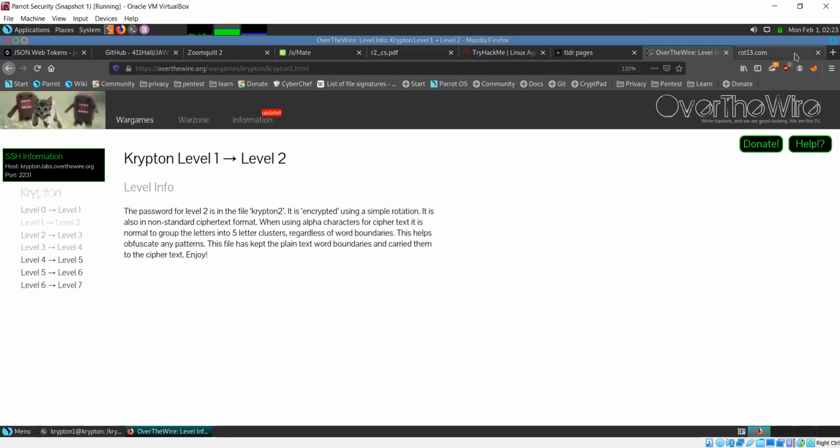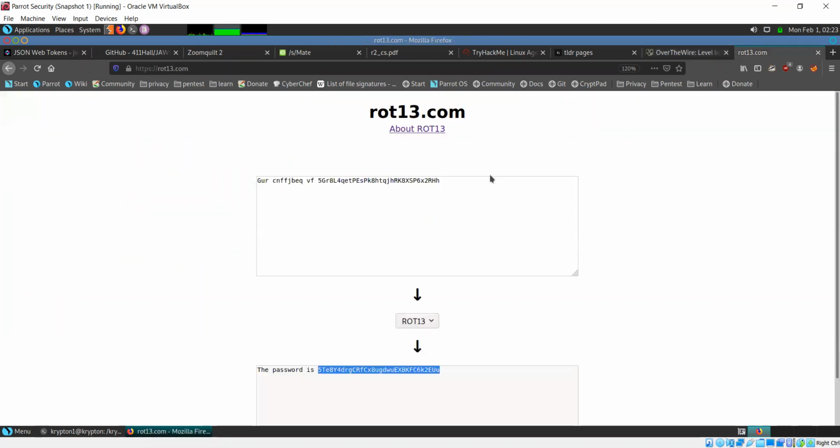We can use the ROT13 website again. Yes, exactly. I'll just delete this. This was the previous text that we had mentioned here. Just going to remove it.